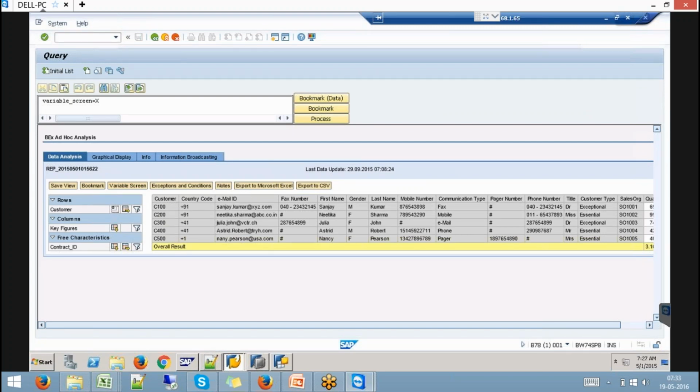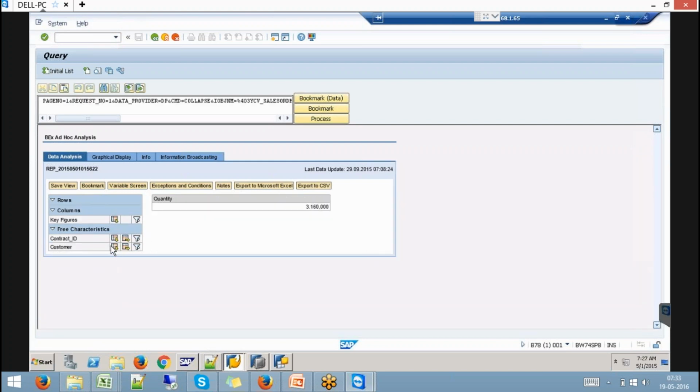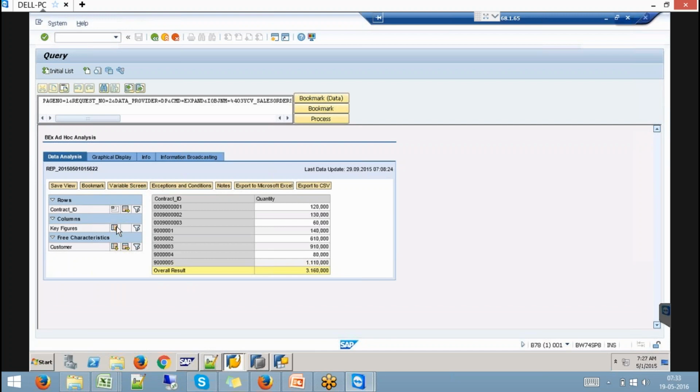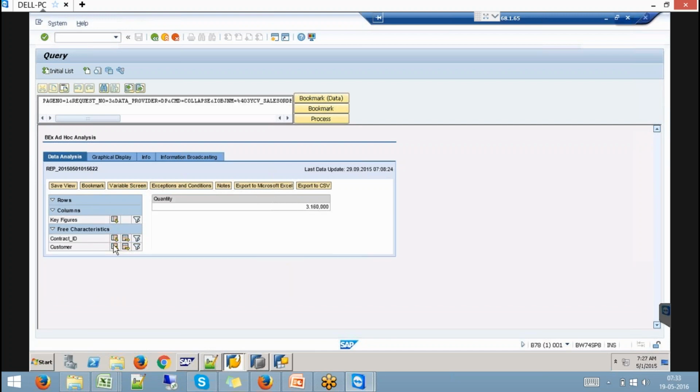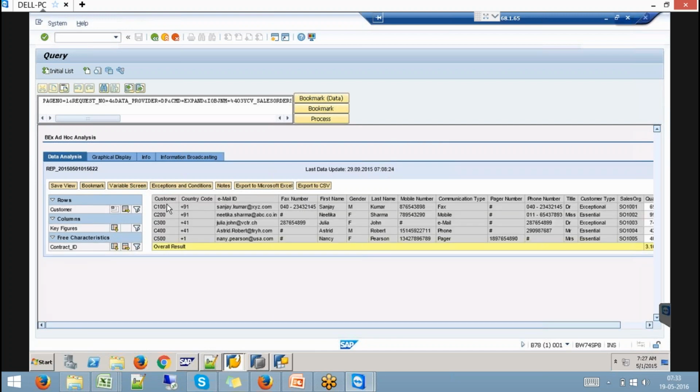If I remove this customer and if I drill down on contracts, all the attributes are gone. Why? Because they are just the display attributes. So they depend on customer. No support on the navigational attributes, only normal attributes. So when you're using transient provider, we do not have support of navigational attributes.